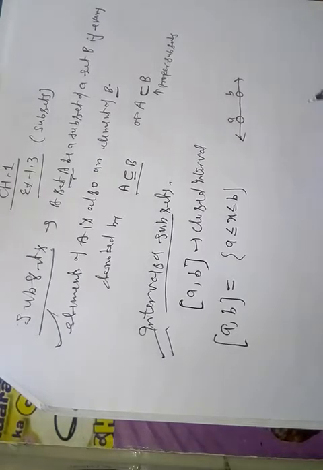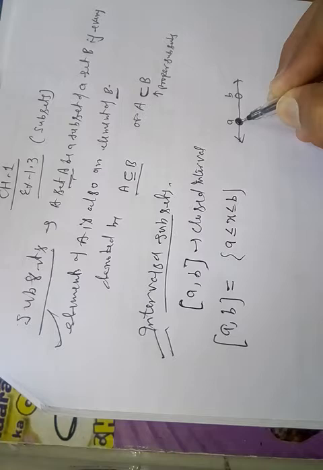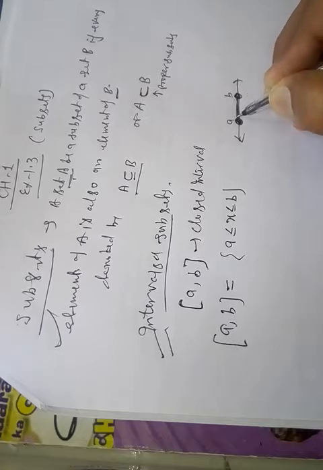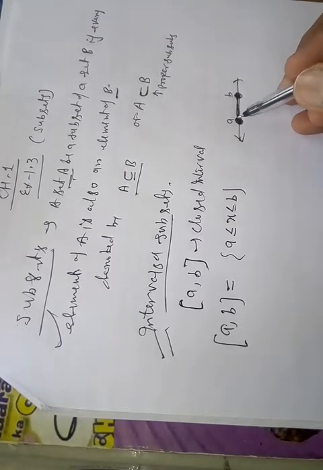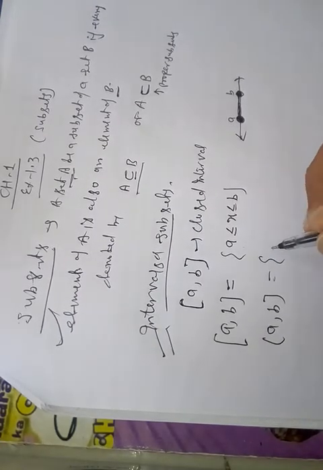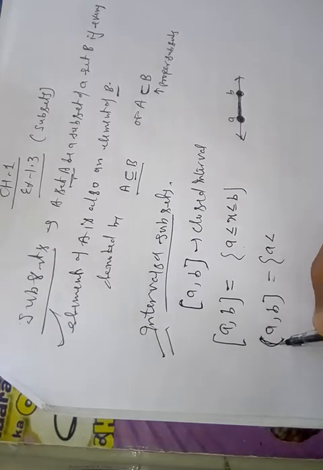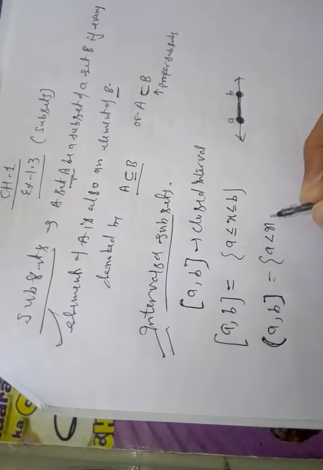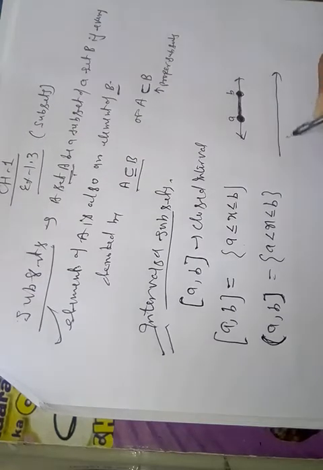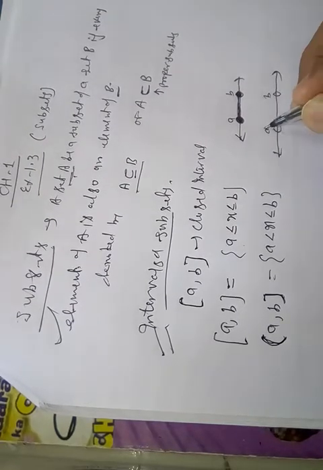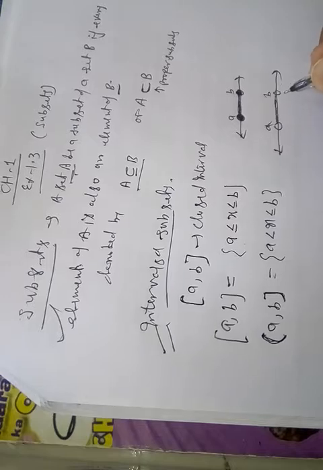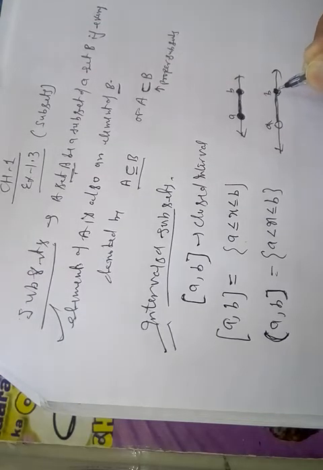This is closed and is denoted on a number line. A and B are both dark. A is dark and B is also dark, and a line is drawn between them. This closed interval means we use both A and B. Next, this interval has a small bracket on one side and a square bracket on the other, so x is less than, and on the square side less than or equal. In the graph, A is not closed, it only touches, but B is dark.